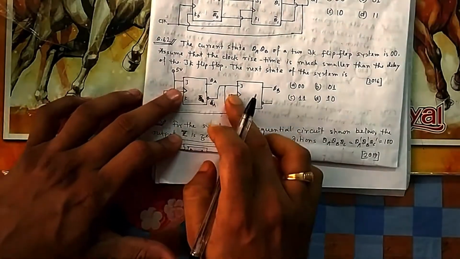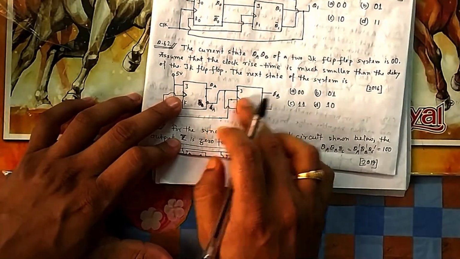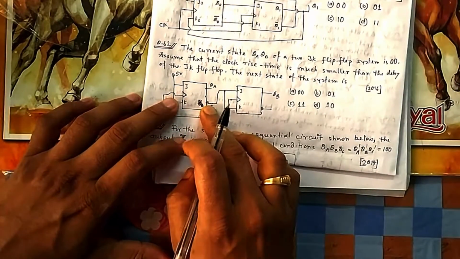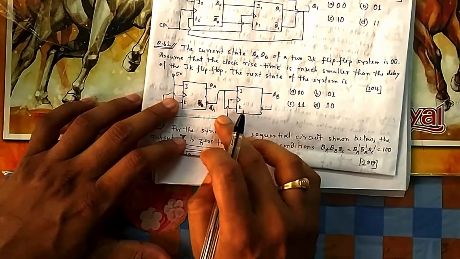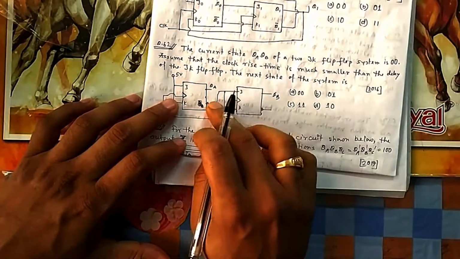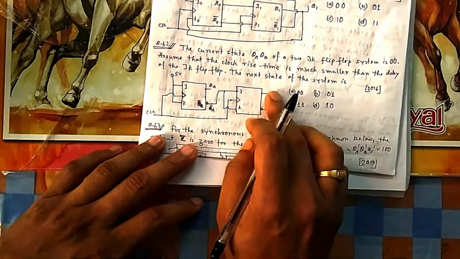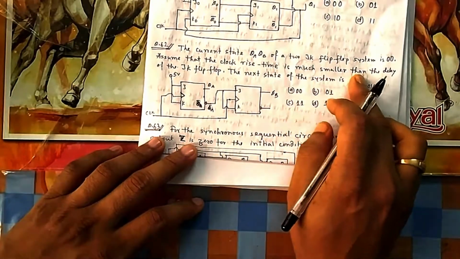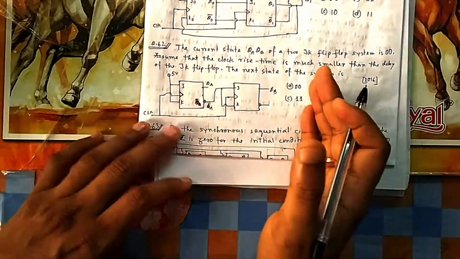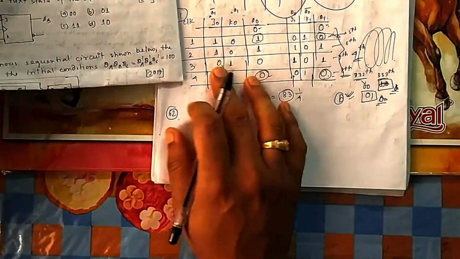If the rise time is higher, or your delay time is less, then when you give a pulse, this output will change immediately, and this one will change by the time the clock rises. So within the rise time itself, these will change from one state to another, and this output will change two times. But here the rise time is much smaller, so your delay will take much longer. Whenever you give a clock pulse, whatever input is there will change the output. That is the normal thing we are doing.